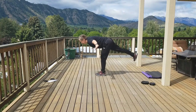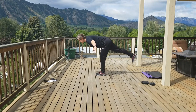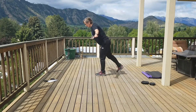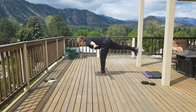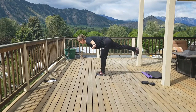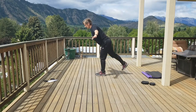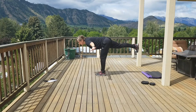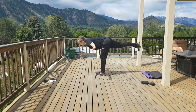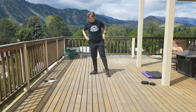Whoa. You're going to be much better on one side than the other. Reach out through the fingertips. And that also gets the shoulders to activate. One more. Alright,